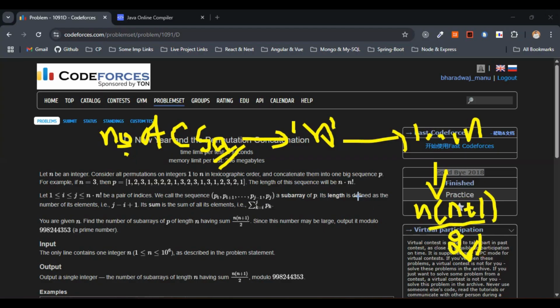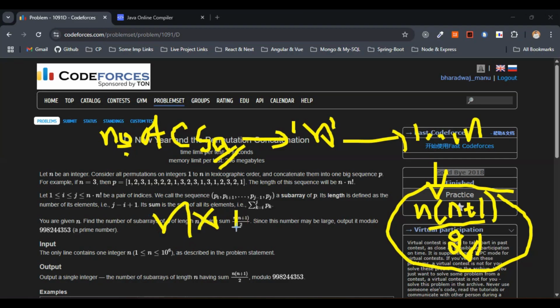So we have to count the number of contiguous subarrays of length n in the concatenation of all the permutations of 1 to n listed lexicographically whose sum equals n(n+1)/2. This part is very important. The big sequence length is n into n minus 1. We need to output the count modulo the value they have given here,